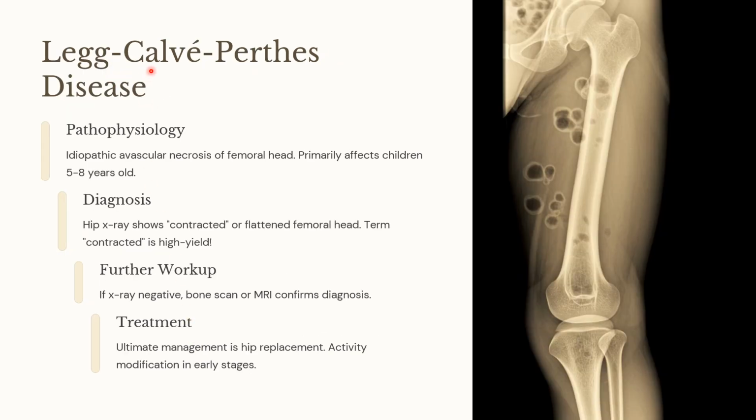What is known as Legg-Calvé-Perthes disease? Legg-Calvé-Perthes disease is nothing but idiopathic avascular necrosis of the femoral head. There is avascular necrosis, but the reason is unknown. If the reason is known, say for example, the avascular necrosis is due to Gaucher's disease, or it is due to sickle cell disease, or it is due to corticosteroids, then the diagnosis is just simply avascular necrosis